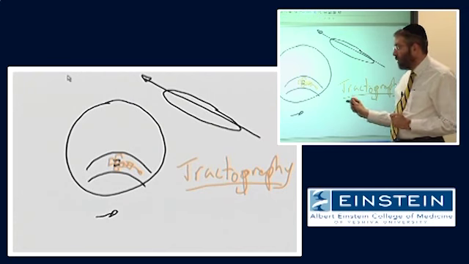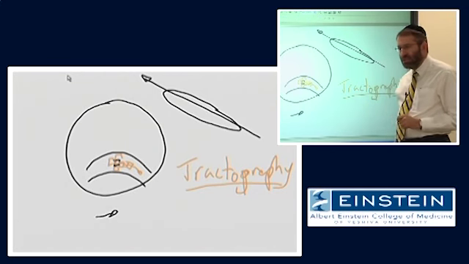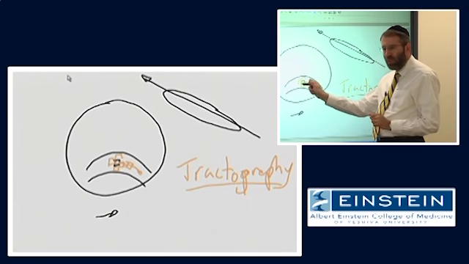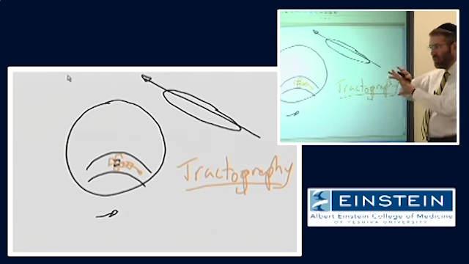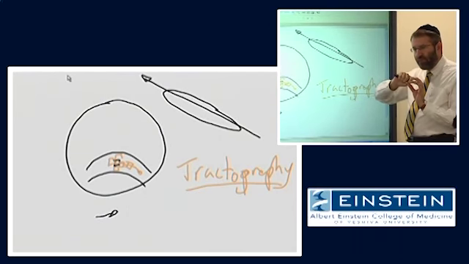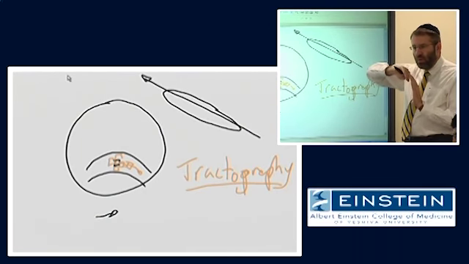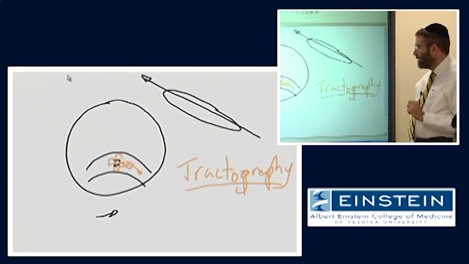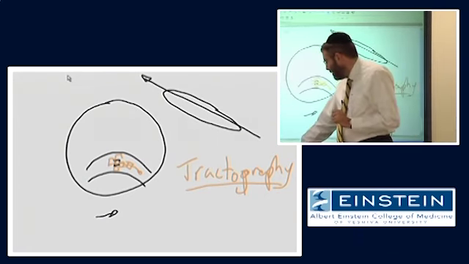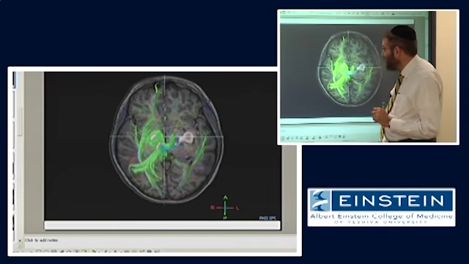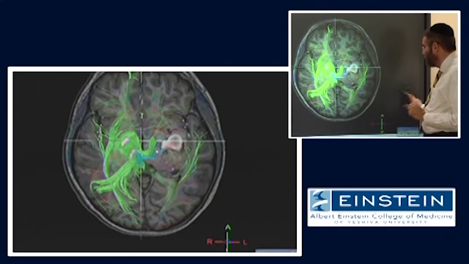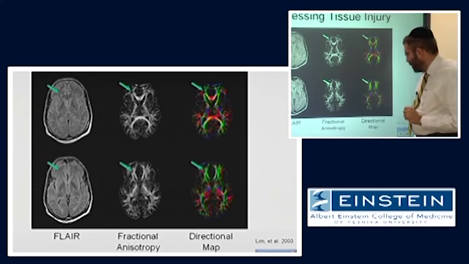And there are multiple different approaches to doing this, but just to conceptually understand what is involved is starting at one point and looking at the rest of the brain to try and find a continuous pathway where the principal directions of diffusion line up. Okay, I just want to show you one more example, which is